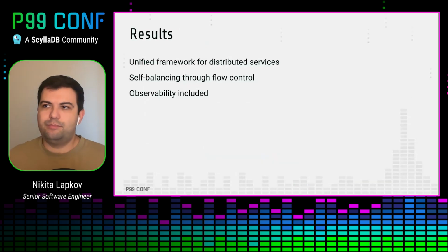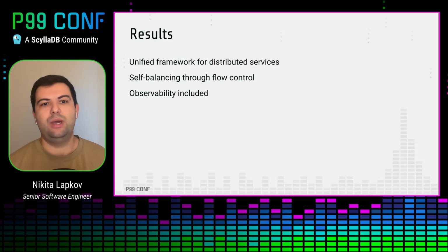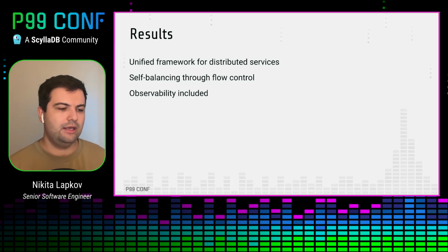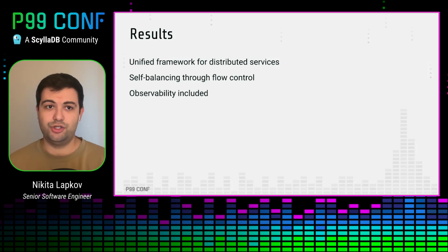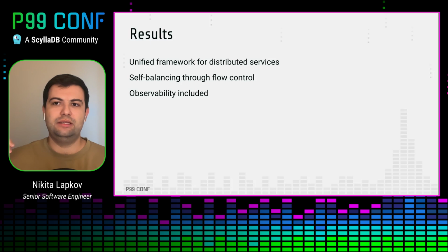As a result, probably one of the most important findings for us is that we have a unified framework for distributed services. Our developers and all of our services already know how to work with message passing. By moving all of the complexity related to distributed services inside elfo, we ensure that developers, when implementing business logic, don't need to think about it. It doesn't matter for the actor whether the receiving side is on the same node or on a completely different node. Elfo will handle the message sending and provide all the guarantees necessary.